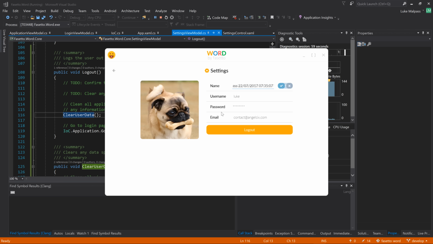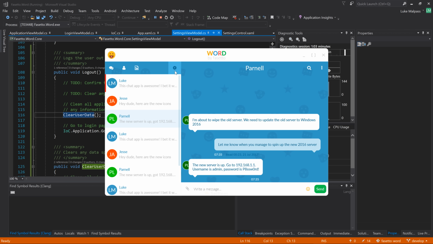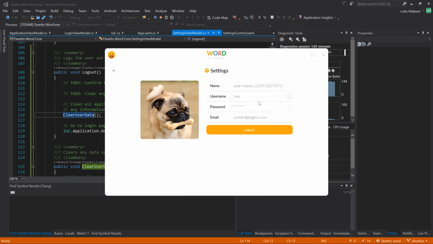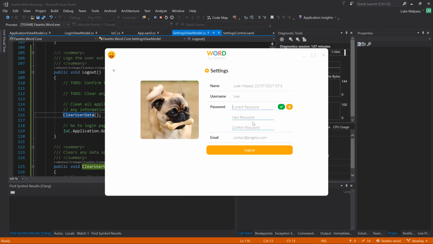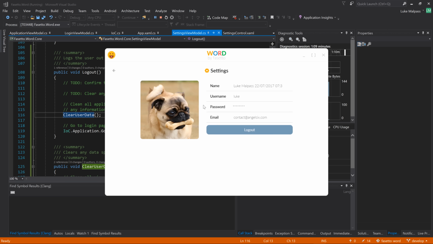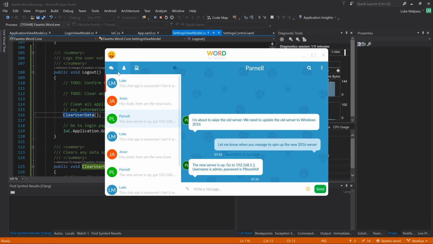And there you go. So we've basically got the logout working, and we've got the password box all done. So I think that's really it. I know one thing people are dying for me to do is this side menu. So I'll probably do that in the next video, where, as in, you click this and something happens here, loading